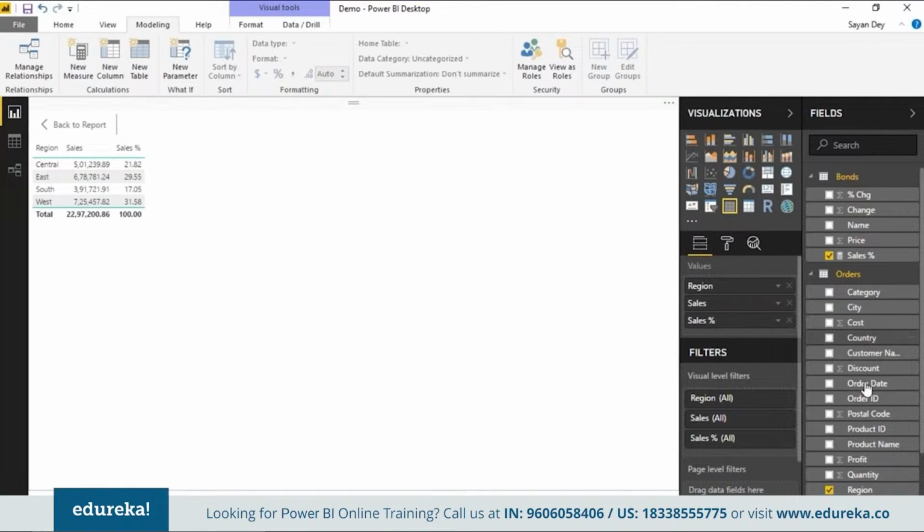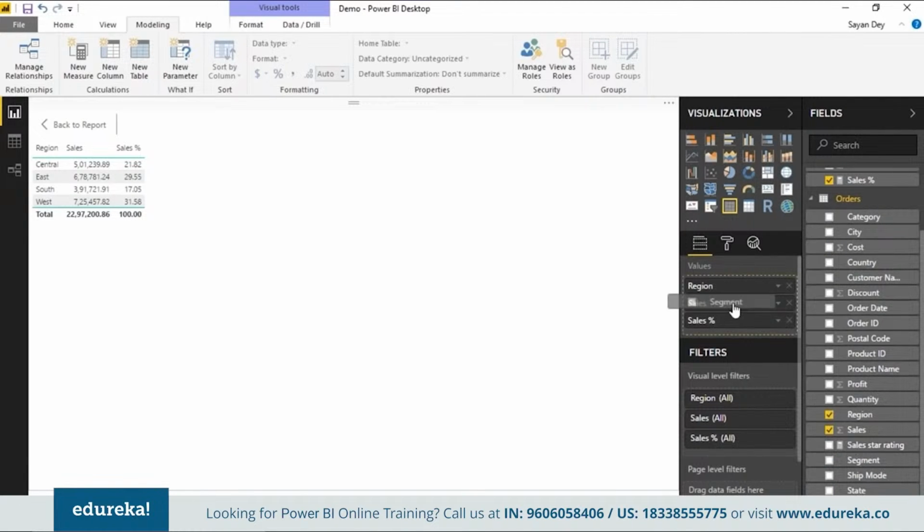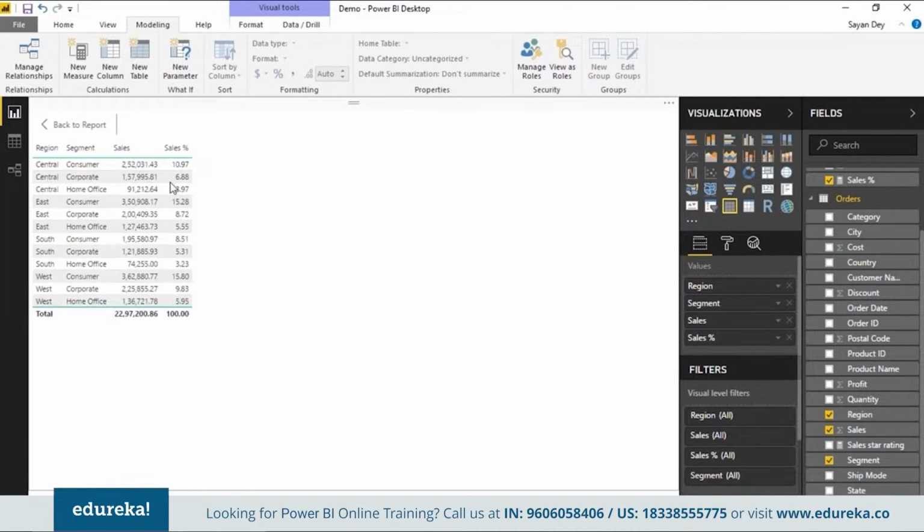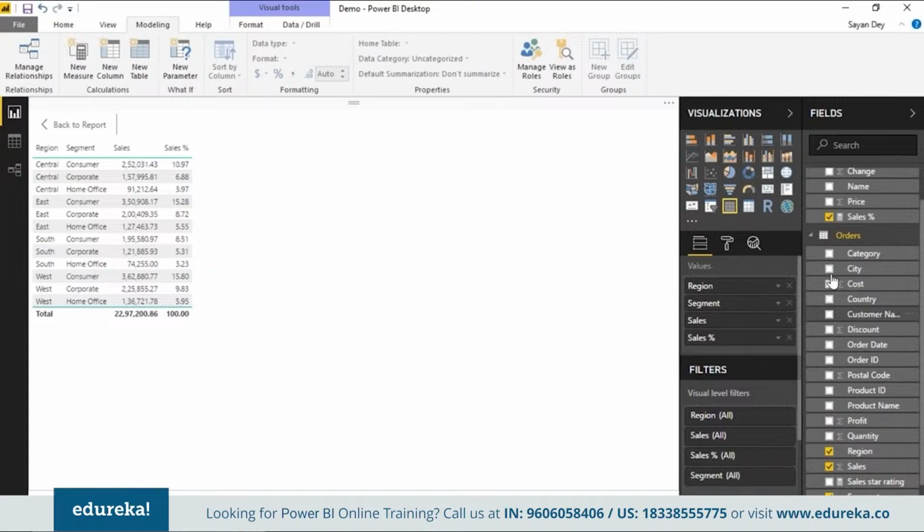If you don't like region, if you want to further split it by segment, you can go ahead and split it further by segment and see how again the entire calculation gets dynamically adjusted. And this is again the beauty of measures, the very fact that measures are dynamic in nature. It will adjust every time you change anything in the visuals, filter anything, your measures will always recalculate. And measures are always created with a small calculator icon.